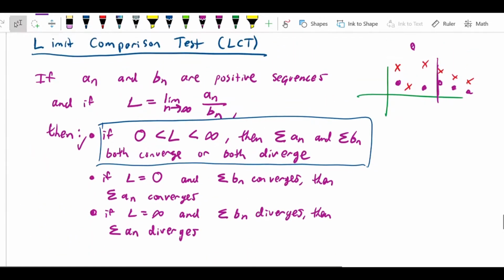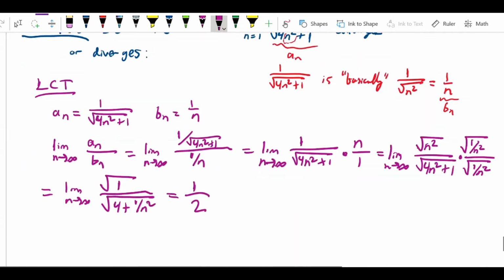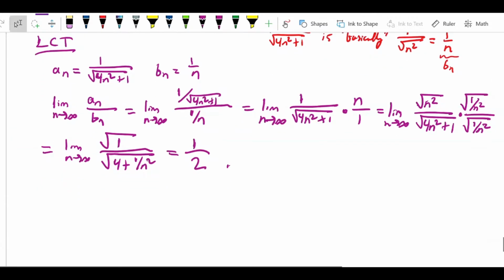It says that if I get a limit between 0 and infinity, in other words, a positive number that's less than infinity, when I get this, I can conclude that the sum of An and the sum of Bn behave the same. So first of all, let's verify that the condition for the LCT is met. We can say that 0 is less than 1/2, which is less than infinity. That's true. Therefore,